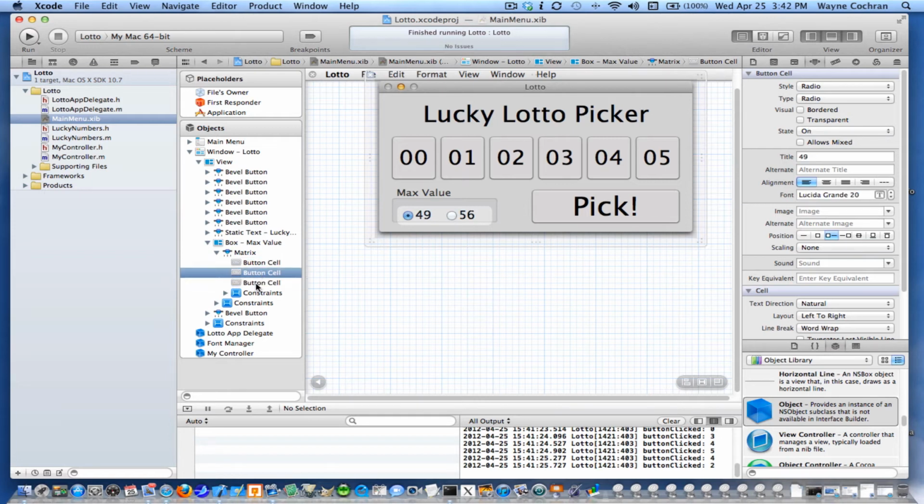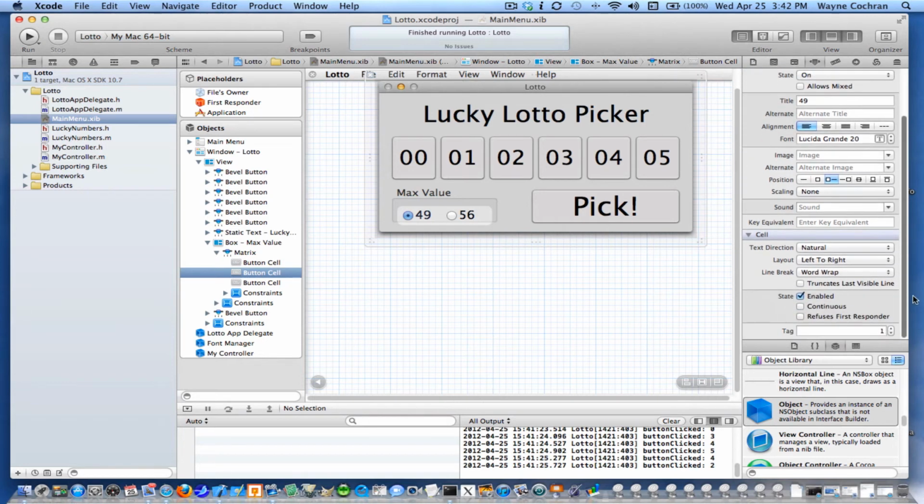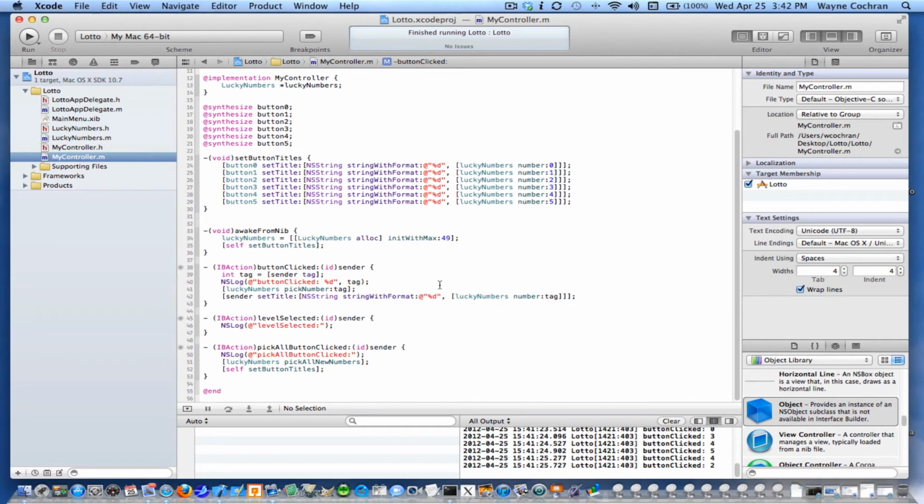Yeah, let's try this. So I'm going to set the tag for, yeah, okay, so it looks like this is the button. So I'm going to go ahead and set the tag for this one to 49, and I'm going to set the tag for this one to 56. And let's try that out. So I'm going to save that, go back to my controller, and on level selected,